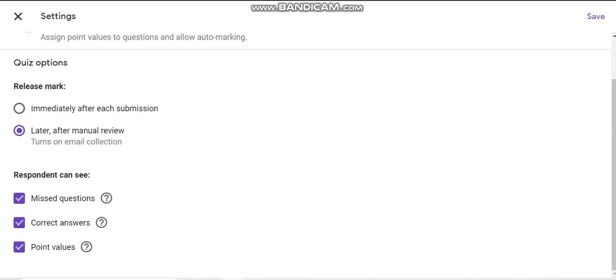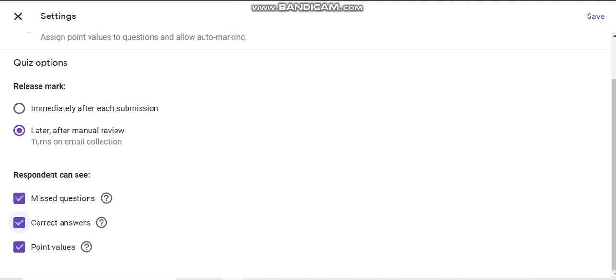If you want to show the correct answer soon after, you can check the correct answer option. It is very important. Missed questions, if someone missed a question, can be shown. And point values also, if you want to show which point has been assigned and what point the student has secured on which question, you can show it using the point value option.